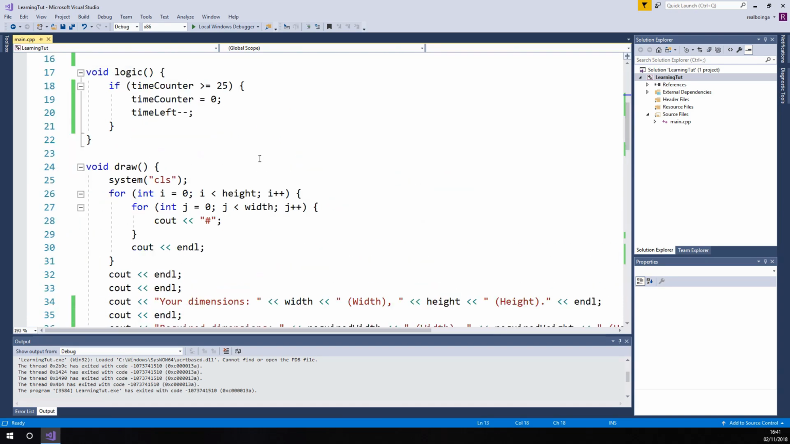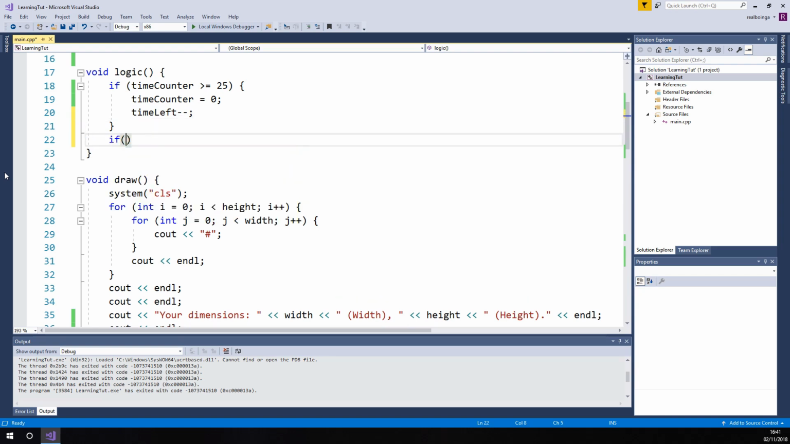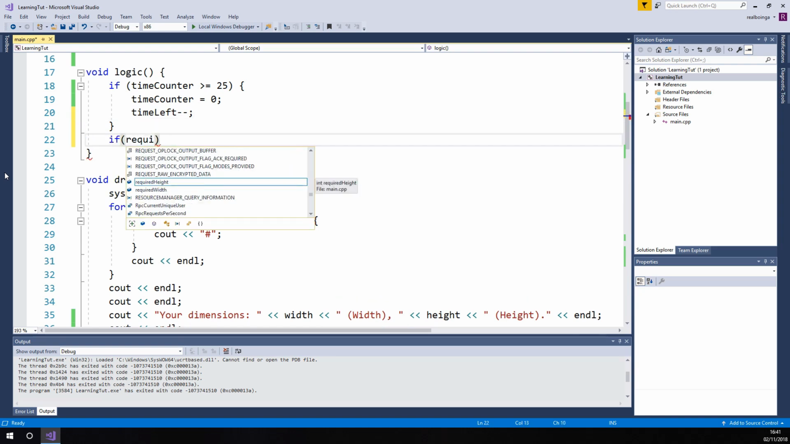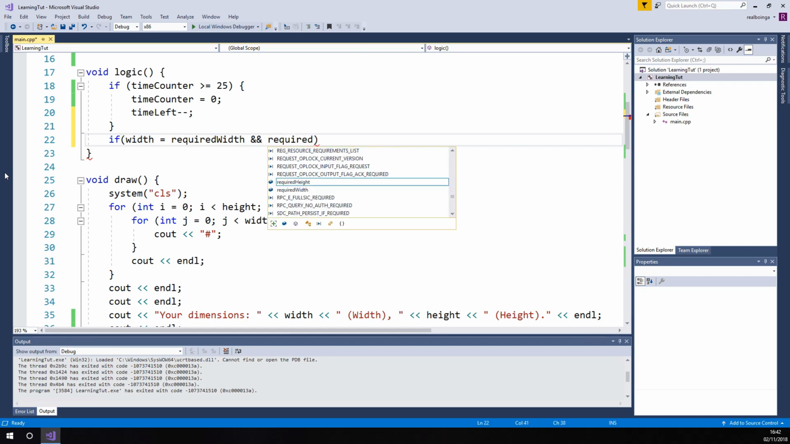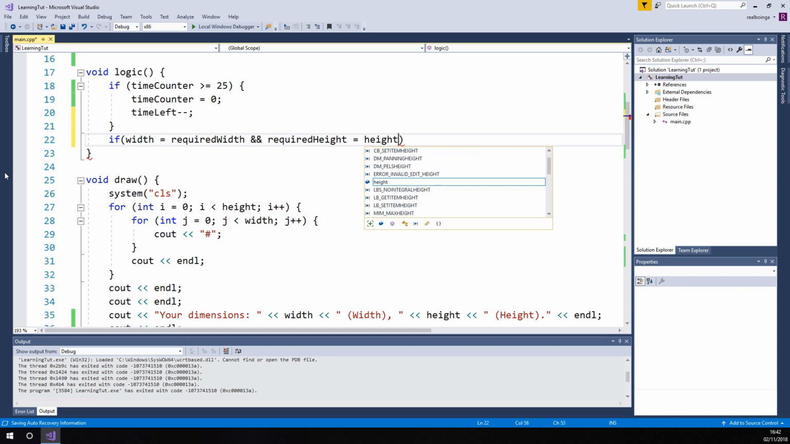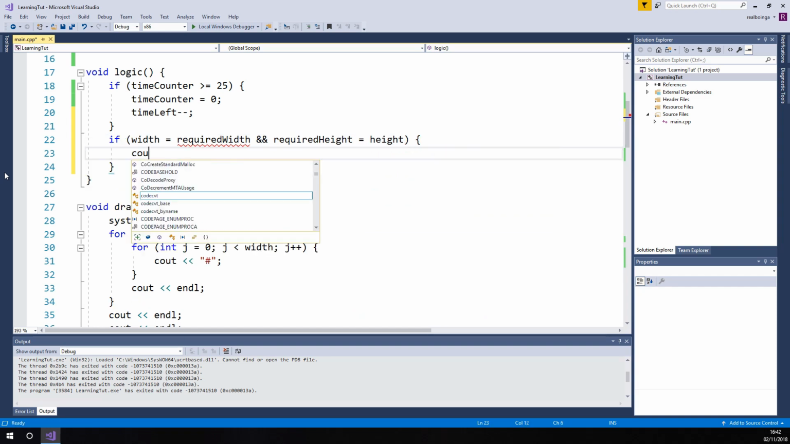we want to, this if statement. We want to then, when time left goes down, afterwards we want to use another if. If required width equals width, so this is the game win feature, and required height equals height, then we want to cout "good job"